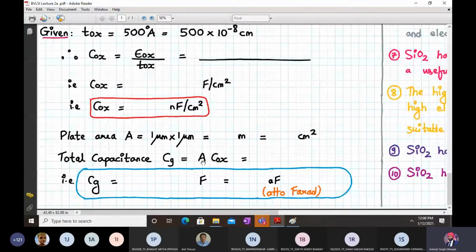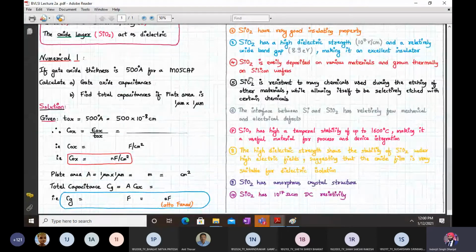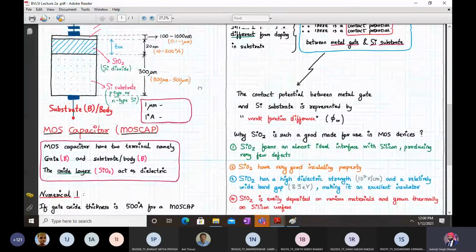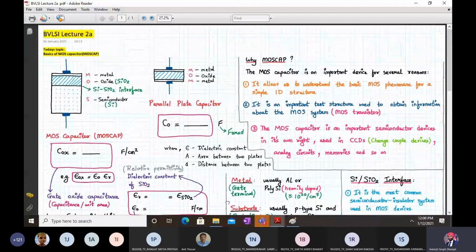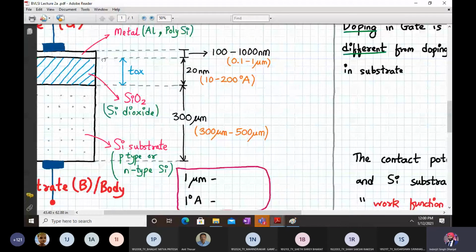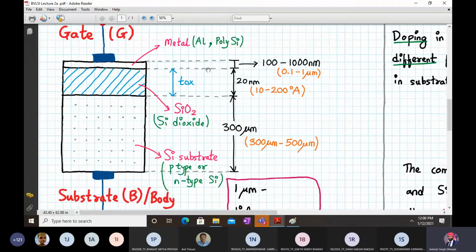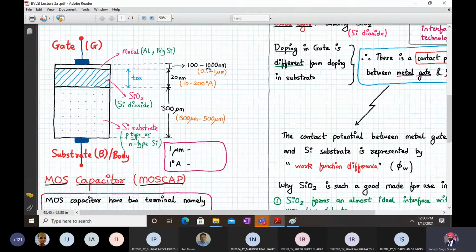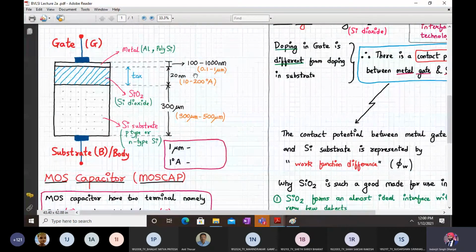Okay, fine. So let me ask if we have completed the contents of this OneNote PDF, that is lecture number 2A. If you all have any doubt, let me know right now. You all can raise your hands, or if there is no doubt, I can continue further. I'll wait for 5 seconds. If you have a doubt, you can raise your hand and ask, or else I can proceed.